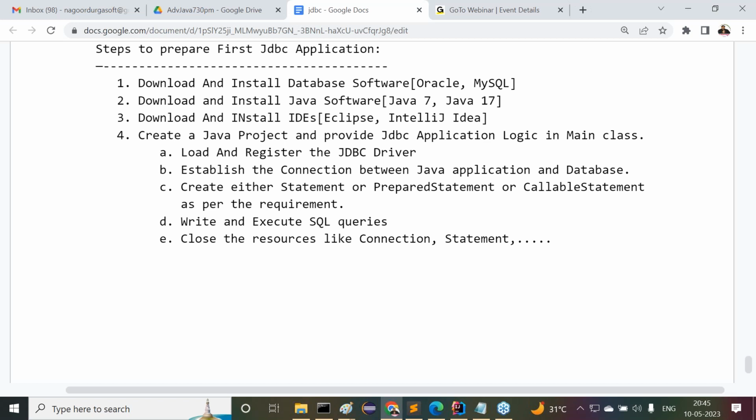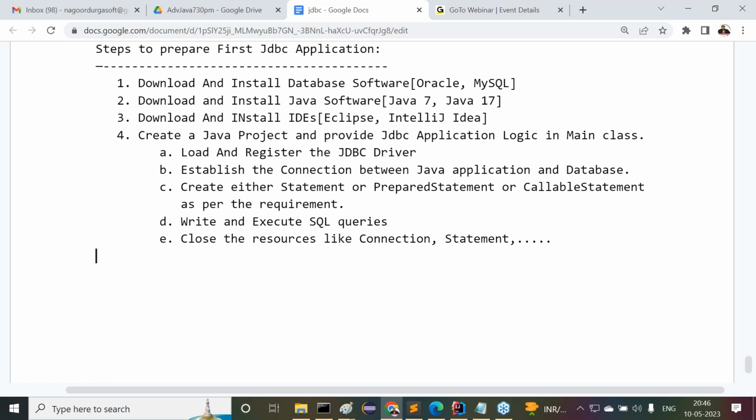Once the core Java interview is completed, that means once you have cleared the core Java questions, immediately he will switch to the next technology. What is that next technology? JDBC. In JDBC, how is the interviewer going to ask questions? He will ask only 2 to 3 questions, but within those 2 to 3 questions he is able to cover the entire JDBC. One of the questions in JDBC is this: